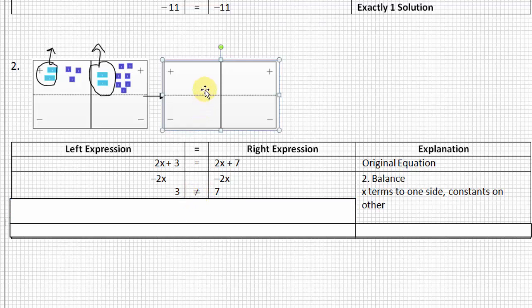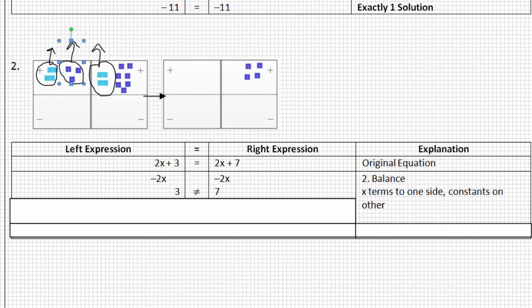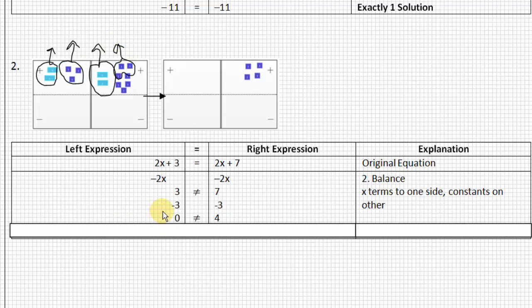And I could take it a step further. I think I do on this mat. I do. So we could say, well, since it's positive it works out on the mat to do this, I can subtract 3 on the left, and I can subtract 3, let's see if I can circle just 3. And I can subtract 3 on the right. If I subtract 3 from both sides, I end up with 0 on the left and 4 on the right,